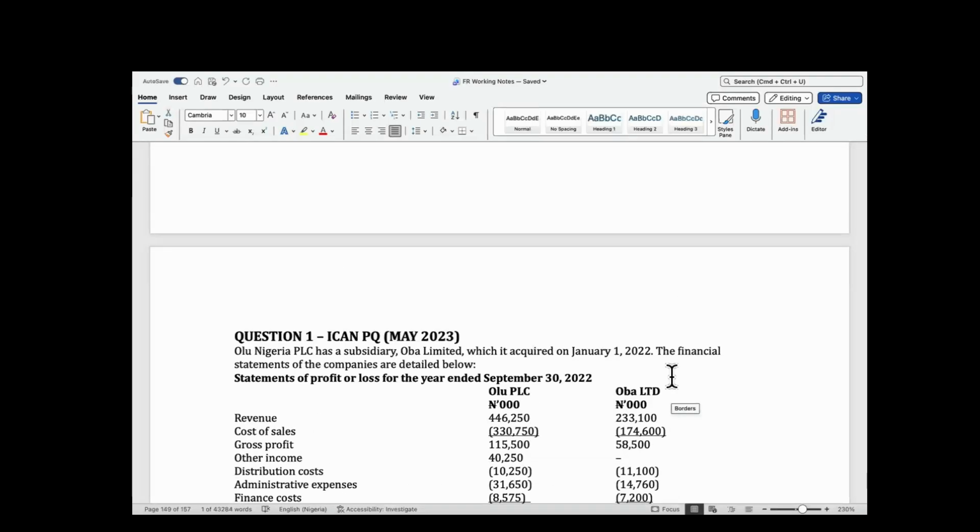Okay. And when did we acquire the subsidiary? January 1st, 2022. That tells us something. What does it tell you? Anyone? It's not up to a full year. Correct. We acquired the subsidiary during the year. That being said,